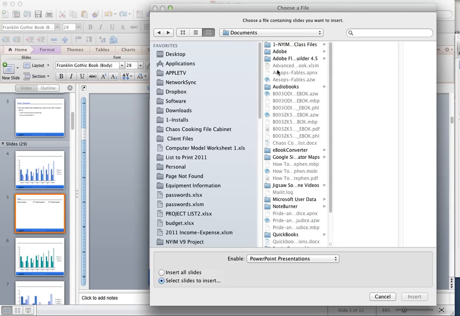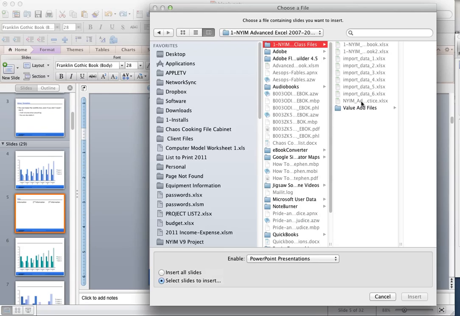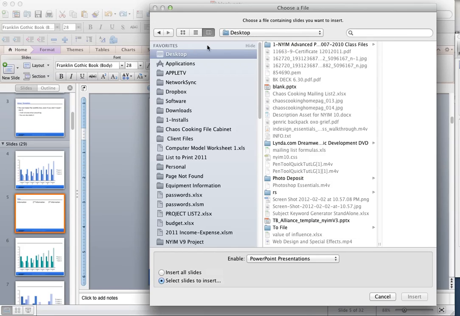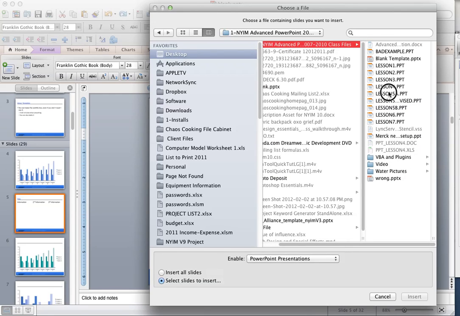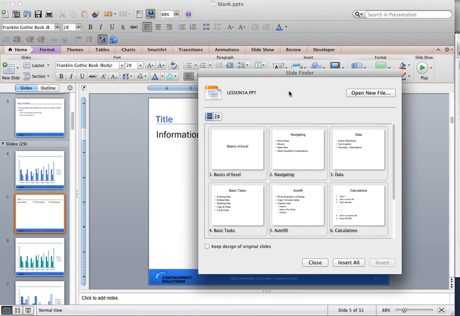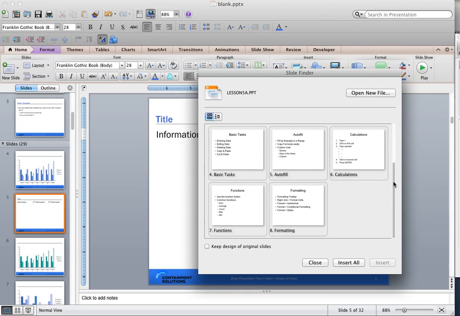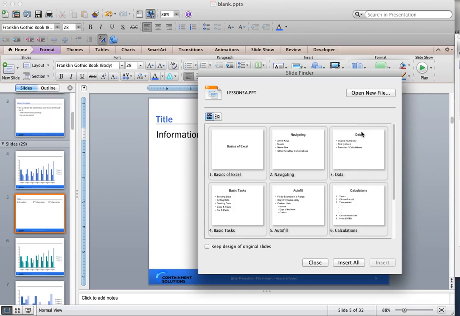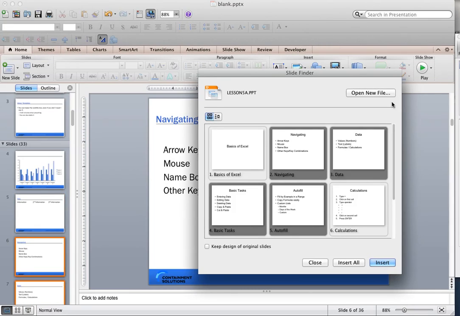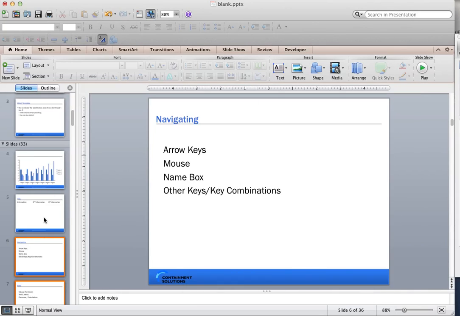So I'll go to my desktop, go inside of my folder, and we'll import slides from another presentation. Oops, let's go to the desktop. Here we go. I'll insert from lesson 5, and I'm going to select the slides to insert. You'll notice that in this other presentation, the layouts and the coloring are very plain, just black text with white lettering. If we insert multiple of these slides and choose insert, you'll notice that when these slides get inserted, they